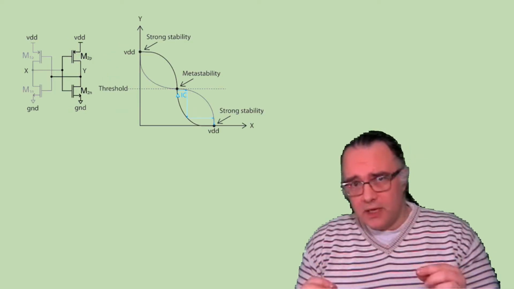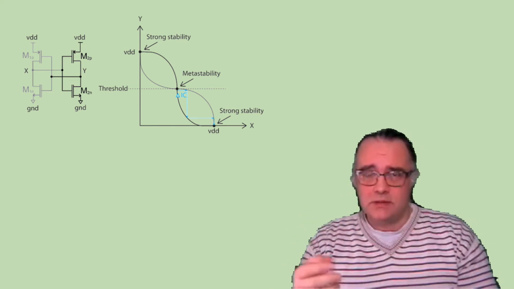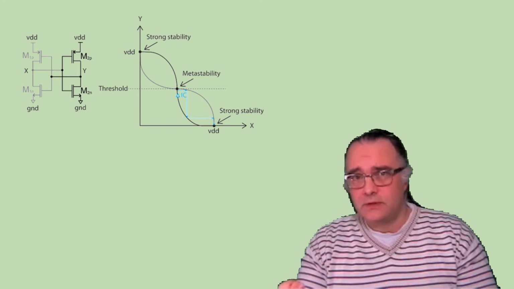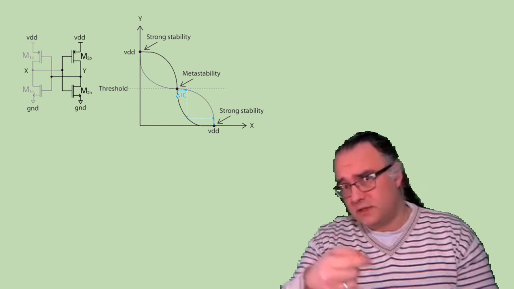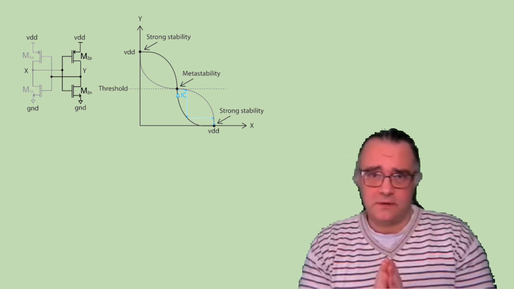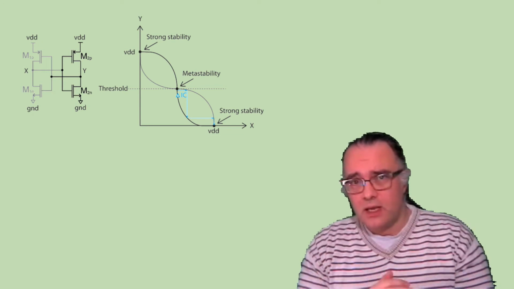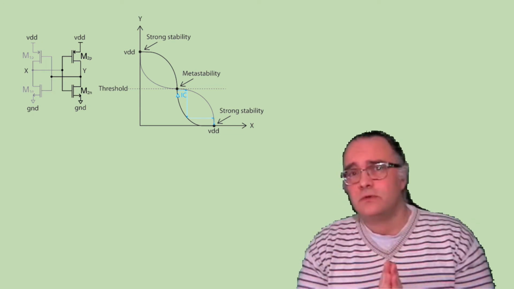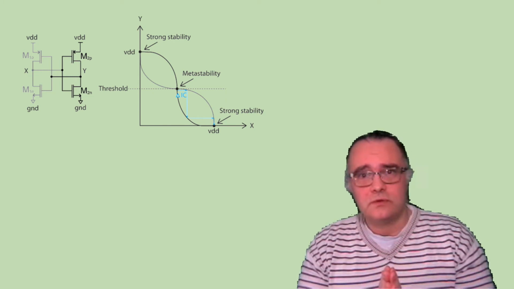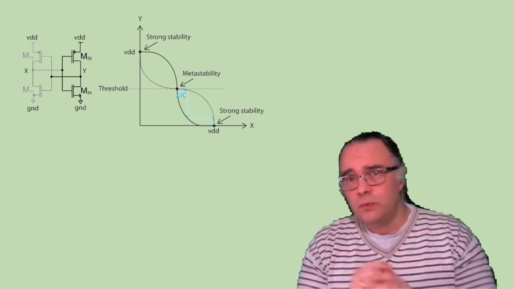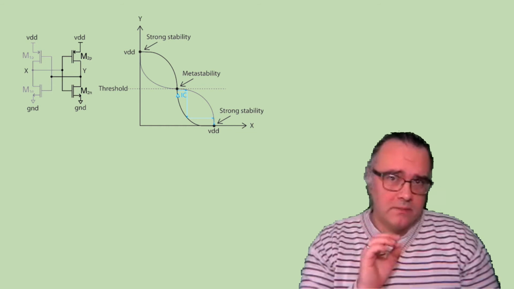And for the other, we need only to rotate the characteristics, since the output of the first inverter is the input of the second inverter, and the output of the second inverter is the input of the first inverter. So the solution for the settling of the signals X and Y will be the crossing point of the two transfer characteristics. And the transfer characteristics of the two inverters cross at 3 points. 2 points on the corners, which we call the stable points, and 1 point in the middle, which we call